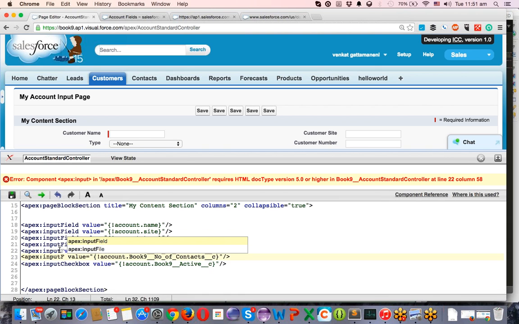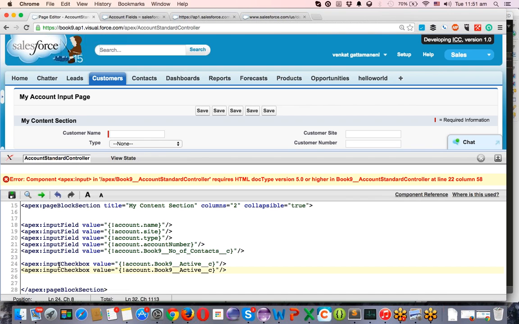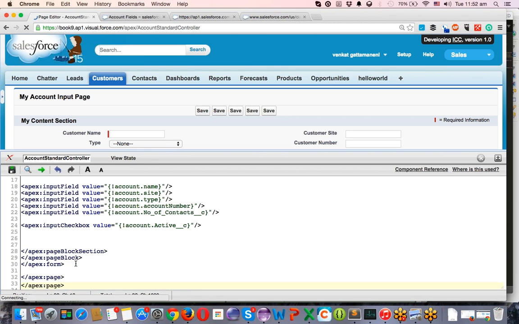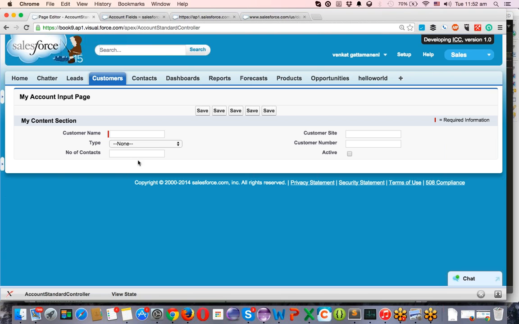I forgot to do that. See, now if I click on this, I can show this thing. See, I think I have used input checkbox here. Let's see what happens if I use input